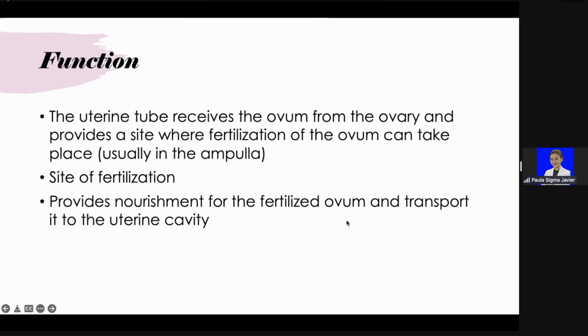So what happens when this fails? There are some cases wherein the fertilized ovum actually implants in the fallopian tube. So this is not compatible with life. In this case, you have to remove the uterine tube, even though the ovum or the embryo is already growing. So of course, that's going to be a difficult surgery for the mother because it's fertilized already and then you have to get it removed.